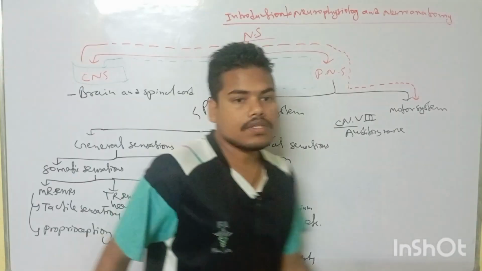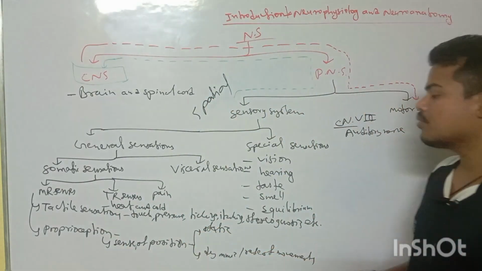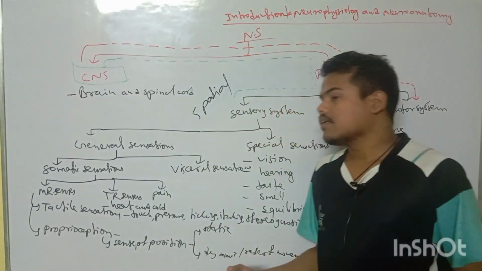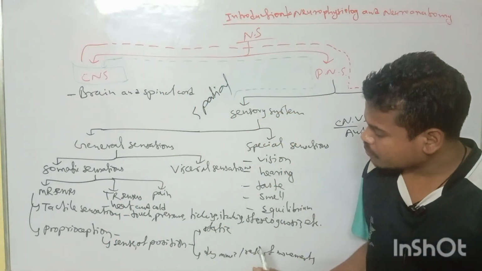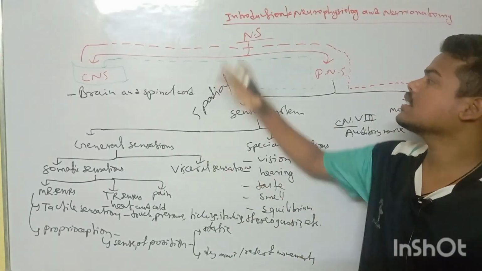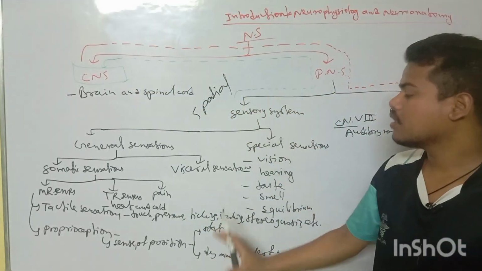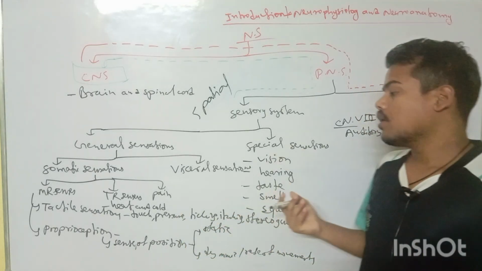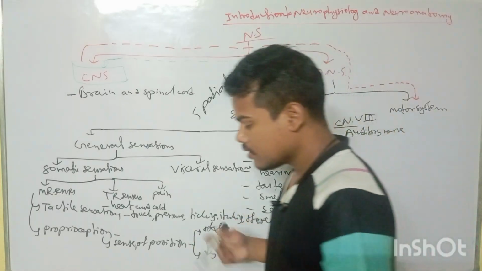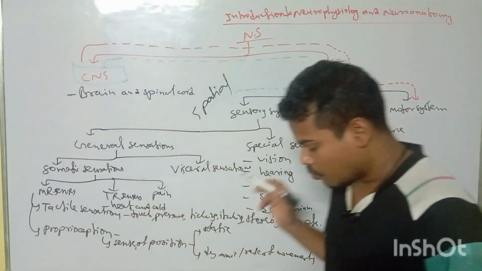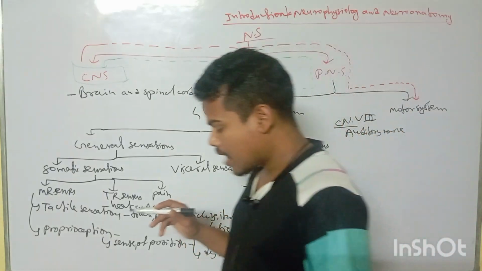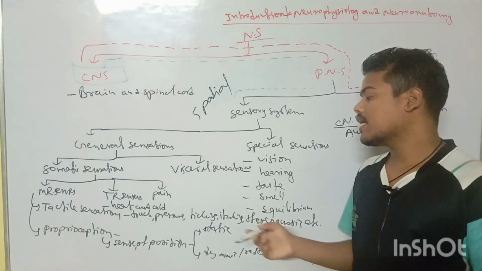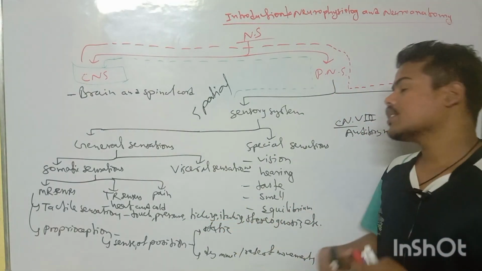Like proprioception, how important is it? While we are running or walking, the sensation from this locomotive system is continuously being sent to the central nervous system, and the central nervous system is controlling the movement, controlling the position. Like while we are walking, when one foot is on the ground, the other foot should be off the ground, so that it will maintain the balance or a smooth walking.